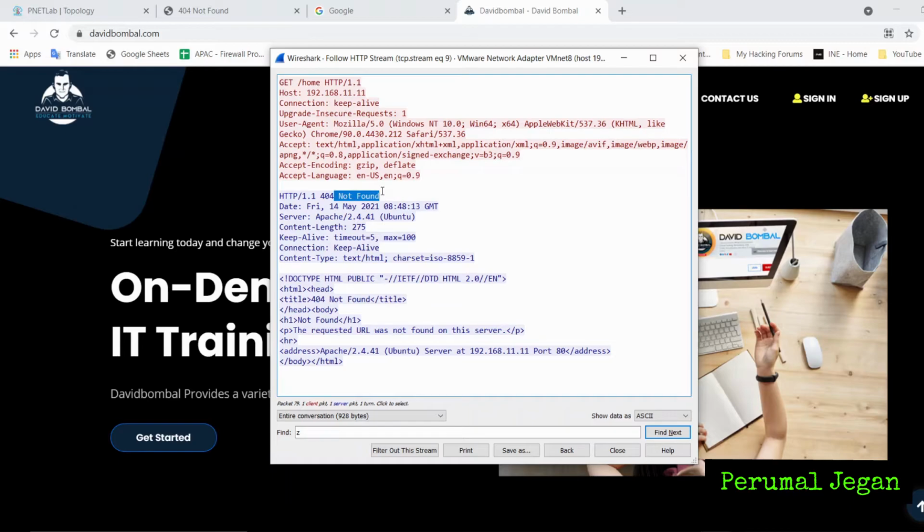So each status message indicates something. It gives some information to us. So as a penetration tester and cyber hacker, you should understand each and every HTTP message that you are getting. Then only you will be able to understand the behavior of the web application. I hope we took a long time on this status code line. Let's move to the next one.